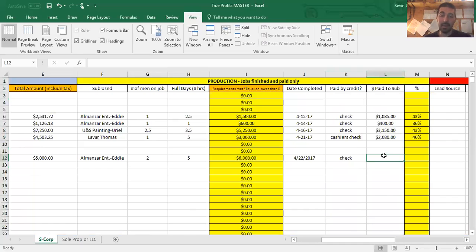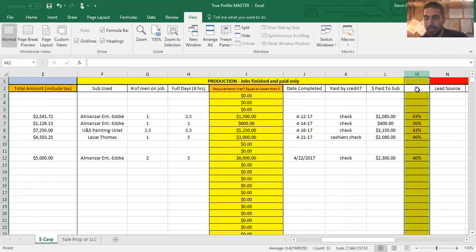Now, if you guys hire painters and have painters working for you, then part of your project manager's job is going to be to track their hours in that little book that we're talking about, and track how much money is going out towards labor and how much paint he's buying at the paint store. For us, we just delegate that whole responsibility to our subcontractor, and it makes tracking this cost really easy for us. So let's just say that we sub this job out for $2,300 even, and then column M gives us